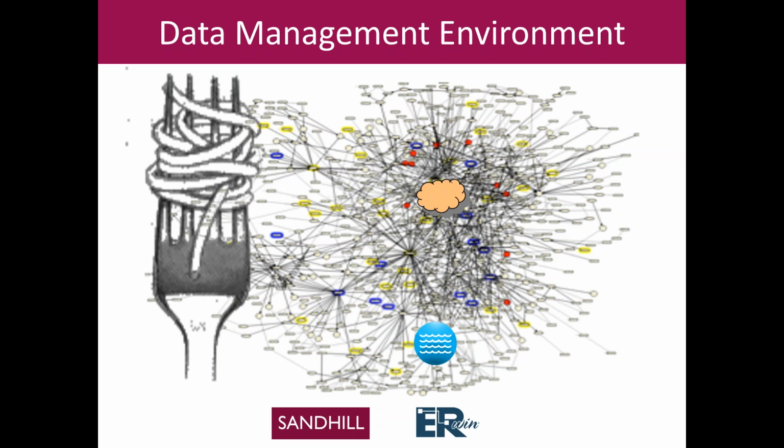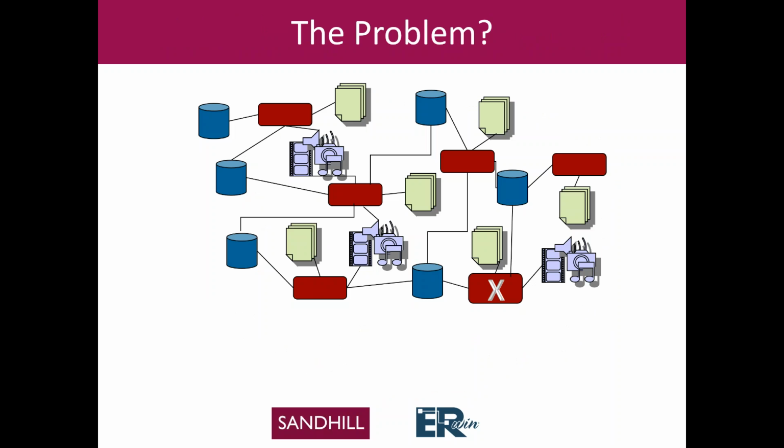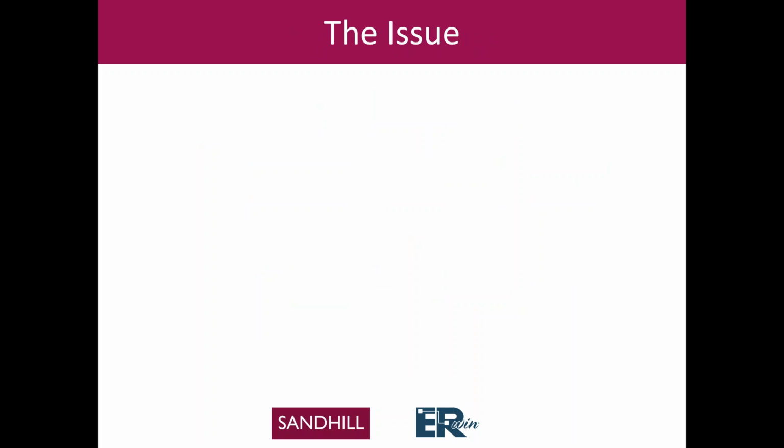And in point of fact, a building architect friend of mine refers to that diagram as a spaghetti diagram. Because when something has to change and you tug on one end, you're not entirely sure what's attached to the other end. So that's one of the critical issues. But the real problem is, after 30, 40 years of putting things into databases, we no longer have a filing problem. What we have is a finding problem. And that's the issue that we're trying to deal with, this whole notion of data governance.